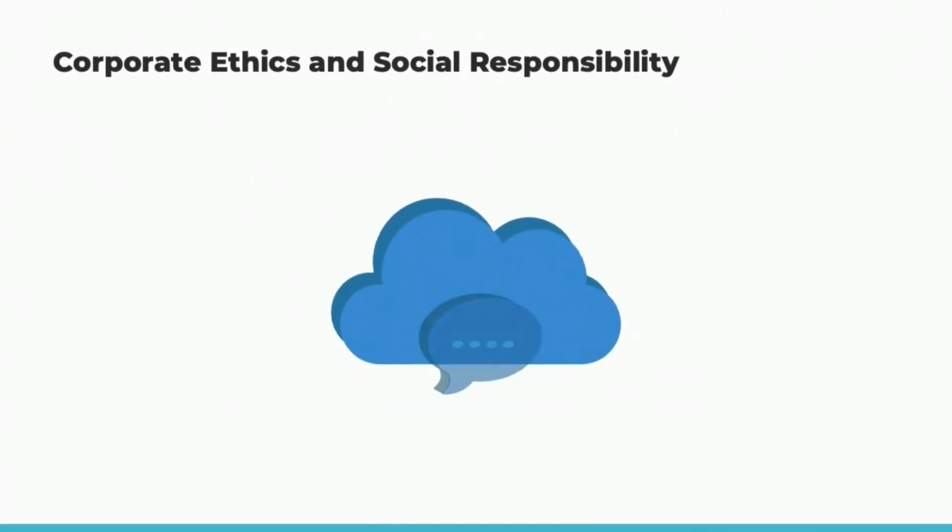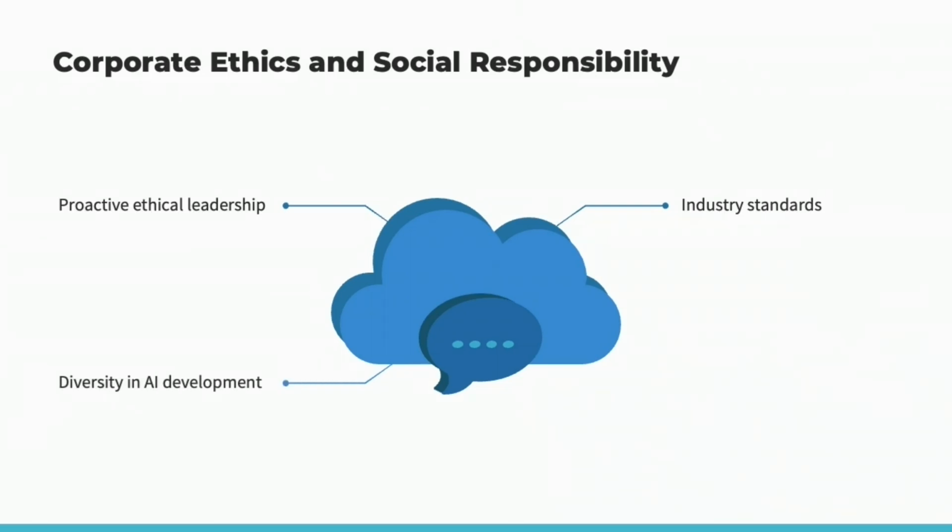Now, let's talk about stakeholder responsibilities in AI ethics. Corporations like Microsoft and OpenAI must not only comply with existing regulations, but also demonstrate proactive leadership in ethical AI practices. This involves setting industry standards for responsible AI usage beyond mere legal compliance. Ensuring diversity in AI development teams is crucial. A diverse team is better equipped to identify and mitigate biases in AI systems, leading to more equitable and inclusive outcomes. So companies must assess the broader socio-economic impacts of their AI technologies. This involves considering potential job displacements, effects on different demographic groups, and long-term societal consequences.